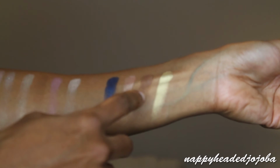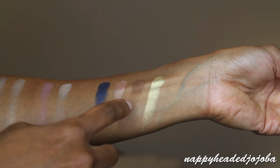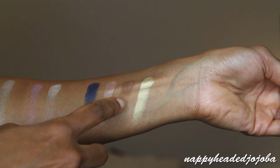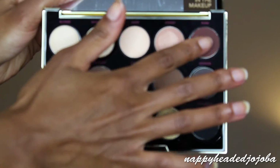So I think that would be another really nice all over lid shade if you're just doing a simple look and you want to focus on maybe like a winged liner kind of thing. I would do something like this all over the lid with a winged eye, or you could also use it as a crease shade or a blending out shade. And then the last row is Punk,